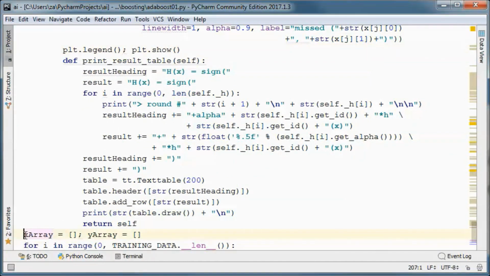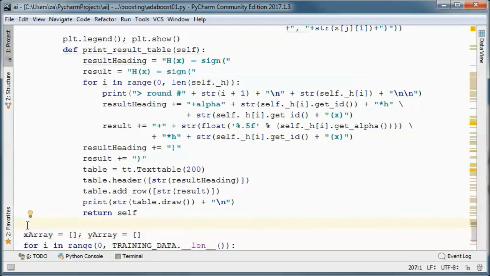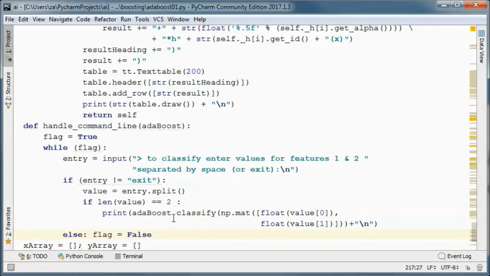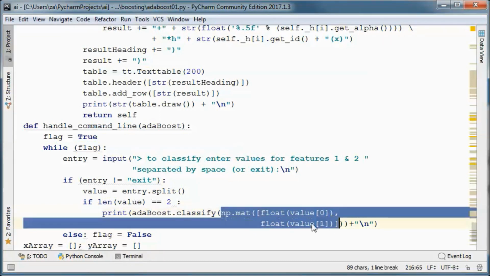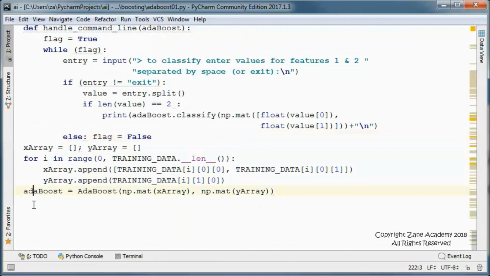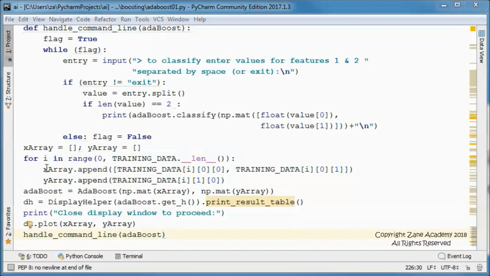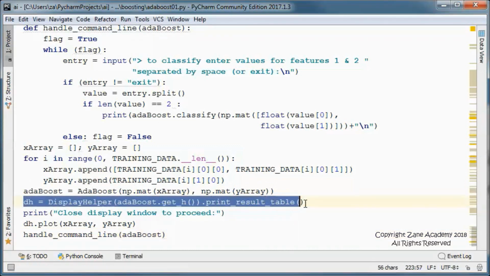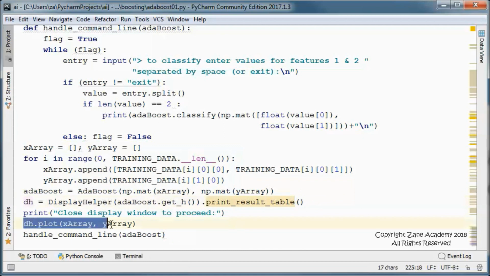And this function handles command line entry and calls on the classify method of the AdaBoost class, passing in what the user entered as a matrix. And finally this gives us a display helper instance that we will use for plotting and printing the result table.